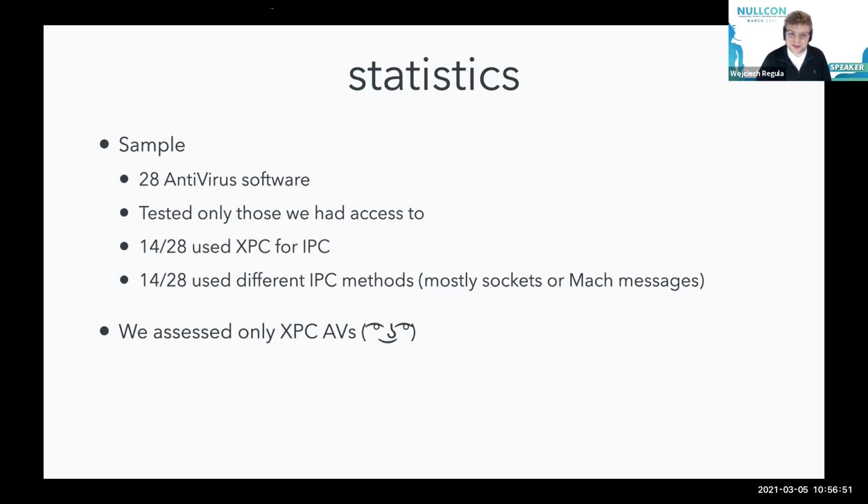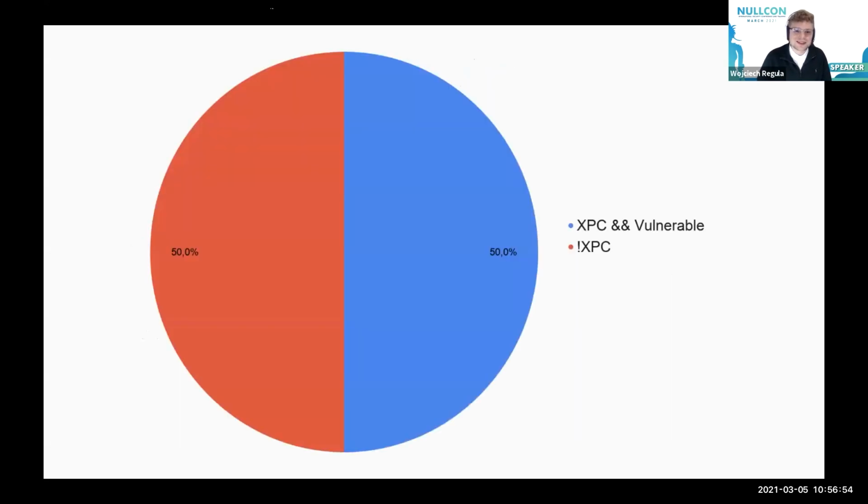It's still open and ready to be assessed. And the chart, as you can see, again, equal halves. The first half were antiviruses that were using XPC were vulnerable, and the second half is the antiviruses that didn't use XPC at all. So I think it's now really easy to deduce that all the antiviruses that used XPC were vulnerable. And it was really shocking to us when we conducted this research, because all of these antiviruses that